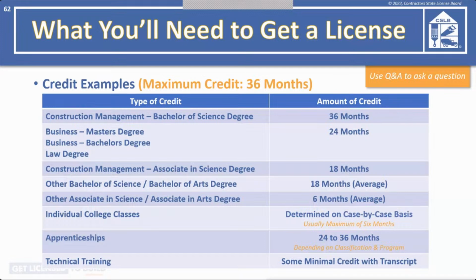And just as a clarifying point, we take up to a bachelor's of science in degrees. Anything higher is going to get the same amount. So they may not list the master's in construction management on the list, because if you have the equivalent of a Bachelor of Science in that, the master's is just not going to gain you more. They will take that as the same equivalent as a Bachelor of Science in construction management. The degree of the degree doesn't add more time. So whether it's a Bachelor in construction management, a master's, or a PhD, it's all going to get the same equivalent amount in construction management.